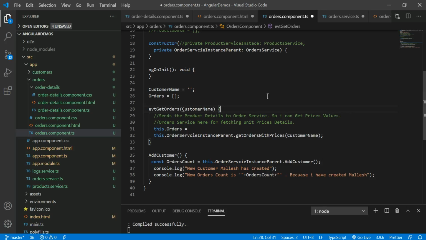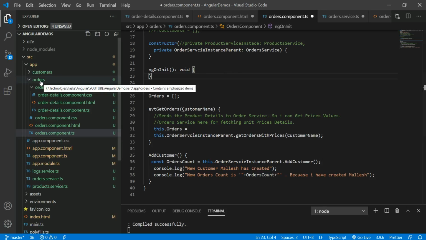Whenever you are writing a service in Angular, make sure it is a singleton. Once you have written the service, that service instance should be passed to the entire application level, or the parent level, or the entire component level.